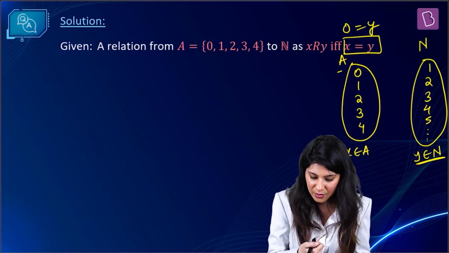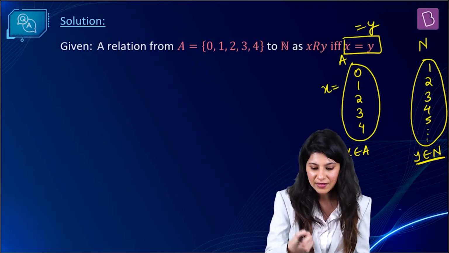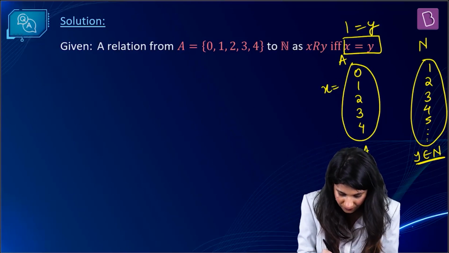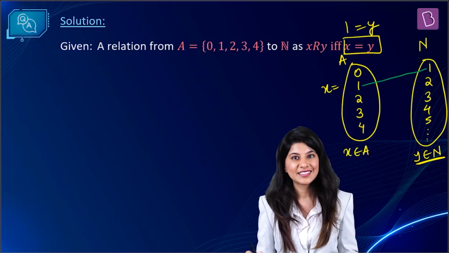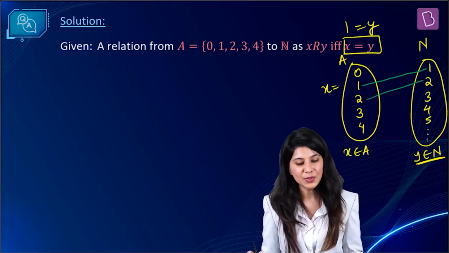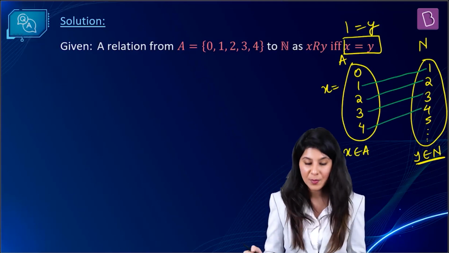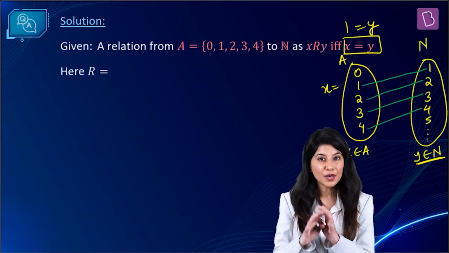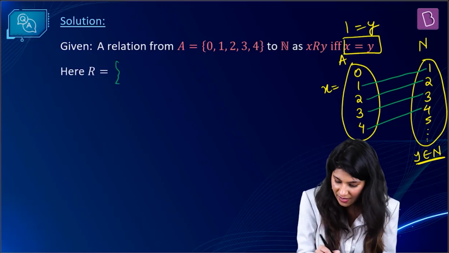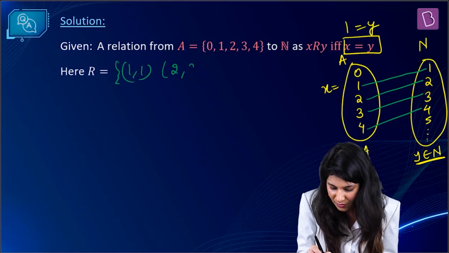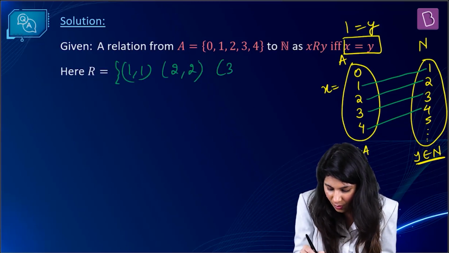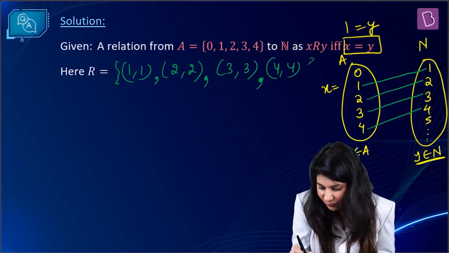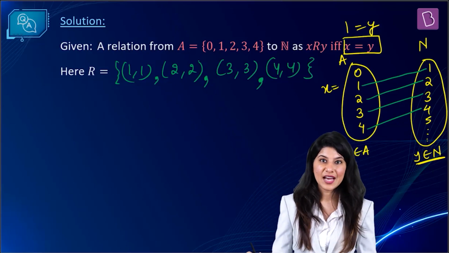Let's move ahead and talk about x = 1. If x is 1, then y is also 1. Both are equal, so this 1 will get mapped with 1. Similarly, 2 will get mapped with 2, 3 with 3, 4 with 4, but I don't have 5 in set A. We need to stop over here. The ordered pairs which will sit inside this relation are (1,1), (2,2), (3,3), (4,4). These are the 4 ordered pairs which will sit inside relation R.